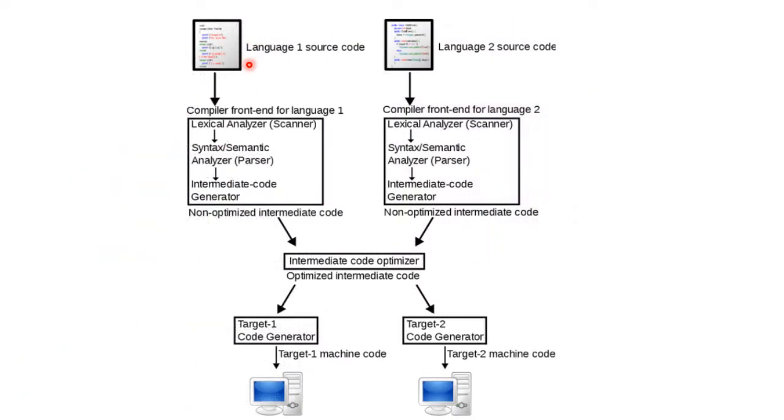So this is the source code. After you compile your program, the first phase is the lexical analyzer. It scans all the tokens in your program. Then there is the syntax and semantic analyzer, which checks the syntax and meaning of your program. Then there is the intermediate code generator. After intermediate code is generated, it is sent to the code optimizer. It optimizes your intermediate code and sends this code to the code generator. The code generator is the last phase of the compiler, and this machine code can be executed on your system. So this is the complete structure of the phases of a compiler. In this way your program is compiled. Clear?